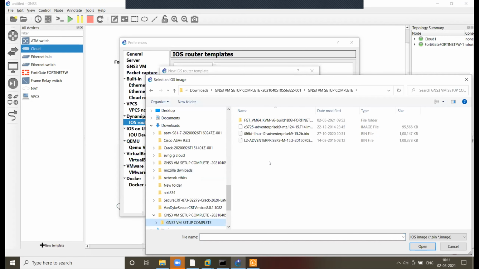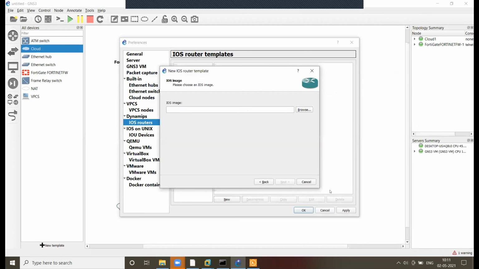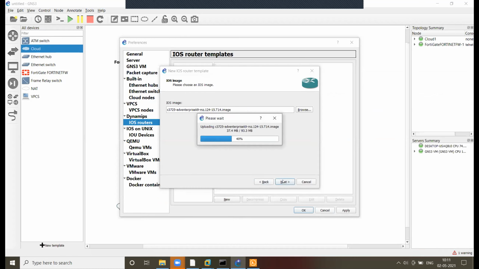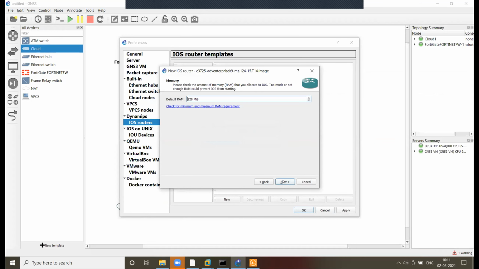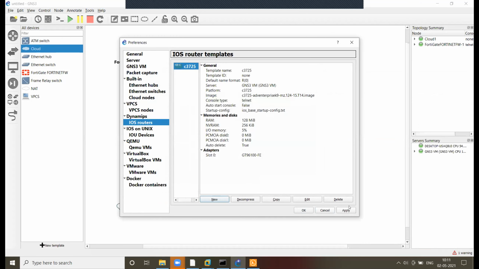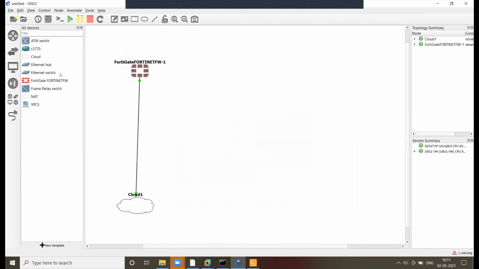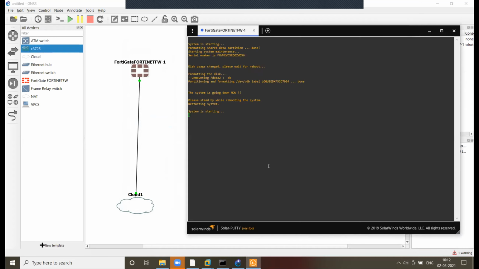Yes, GNS3 and this image. Click on next. Now see, router. So now you can attach the router.